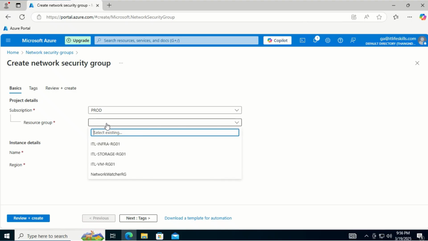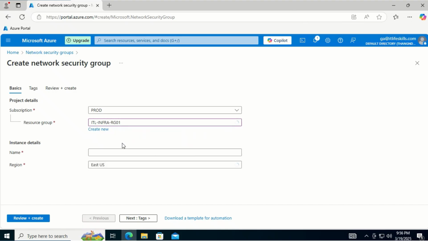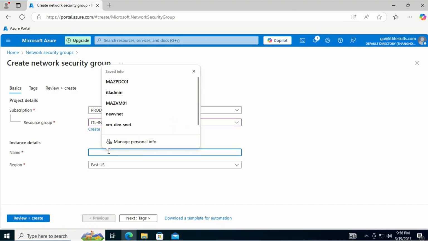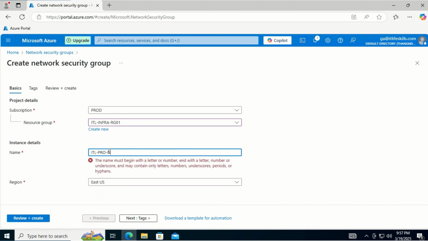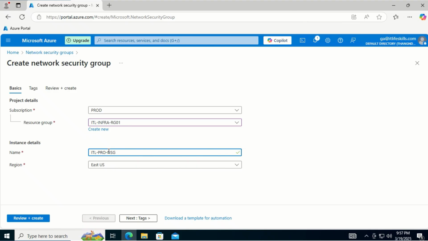In the resource group, we select infrastructure resource group, and in the name, we type in the name of the network security group. In this case, it is ITL-prod-NSG01. Then click next,